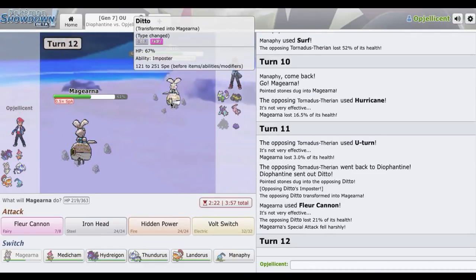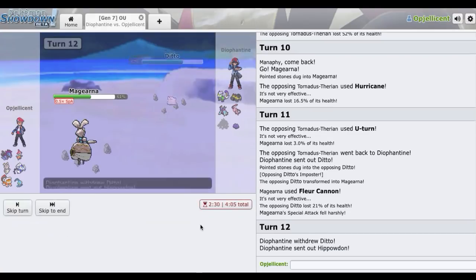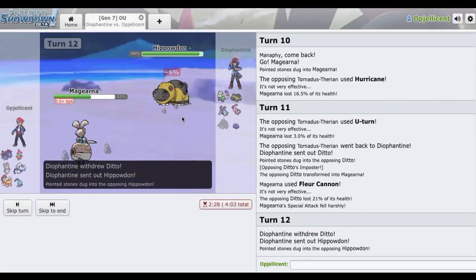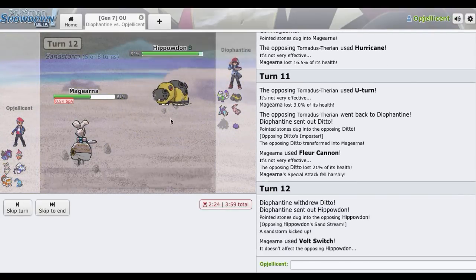He'll probably go for a Volt Switch, right? Yeah, he's definitely going to click Volt Switch right here. I'm going to try to get a slow Volt Switch out. He actually just hard switched out into Hippowdon. Not sure why you wouldn't Volt Switch. I guess it's because I might have had Landers, but...